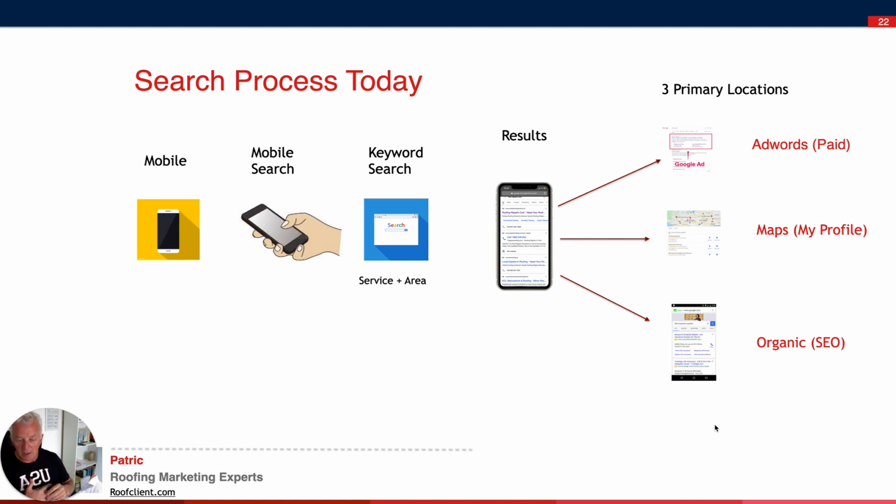So the true picture is, when somebody goes from top to bottom of a mobile device, there are 4 sections, with 1 repeated twice. If you're in the ads on top, you could potentially be in the ads on the bottom. You can also be in the Google Maps, giving you 3 out of the 4 places you can be. Now, if you have a website that's optimized, you can be in all 4 places. You can certainly be in 3 at the very least. So that's what Google are presenting you with.